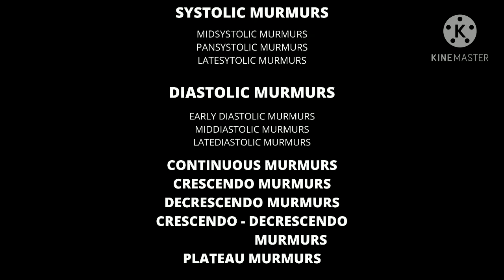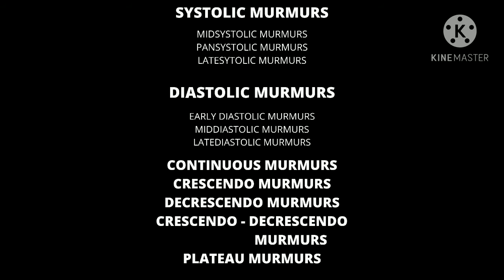Heart murmurs differ from heart sounds by their long duration. To detect a heart murmur, we should assess its timing, shape, location of maximal intensity, radiation, and pitch and quality. Systolic murmurs are typically mid-systolic, pansystolic, and late systolic. A mid-systolic murmur begins after S1 and stops before S2. Brief gaps are audible between the murmur and the heart sound. A pansystolic murmur starts with S1 and stops at S2 without a gap between murmur and heart sound. A late systolic murmur usually starts in mid or late systole and persists up to S2.